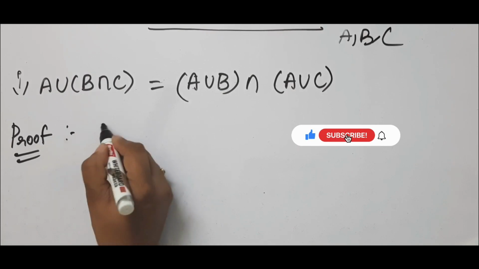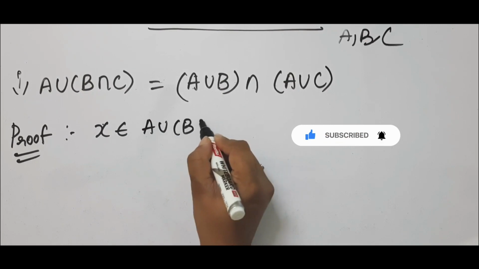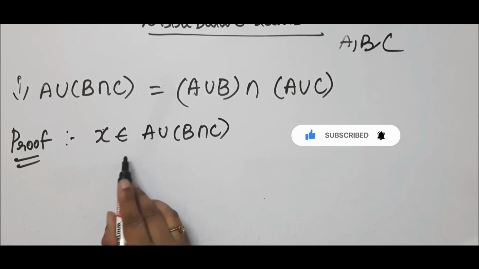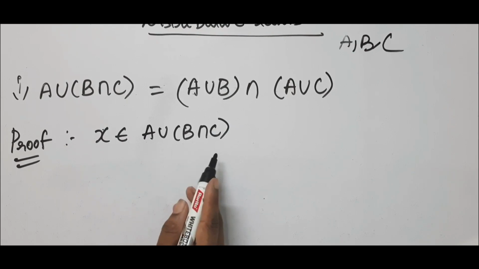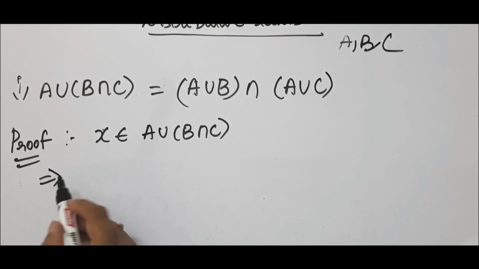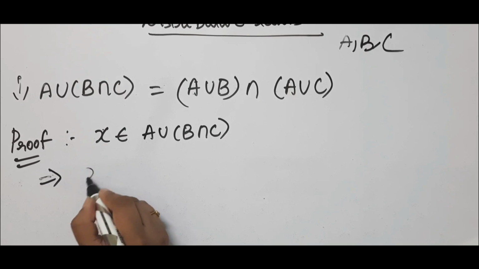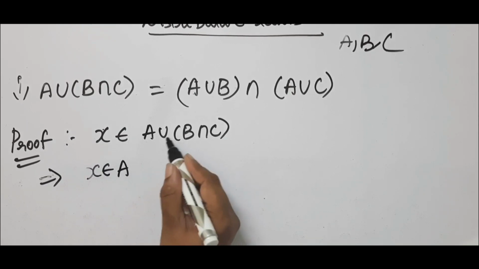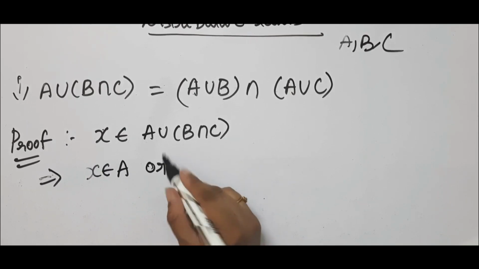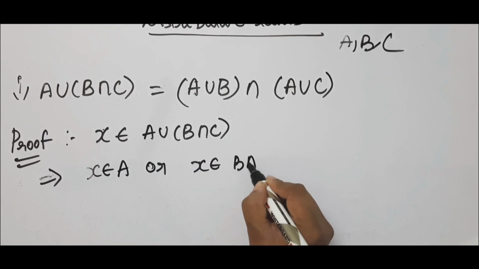Suppose X be any element that belongs to A union (B intersection C). Okay. So when we say that X belongs to A union (B intersection C), this can be written mathematically as, this symbol, implies, this shows that the next step will be: X belongs to A, as union is there, or you have to write "or" mathematically, X belongs to B intersection C.